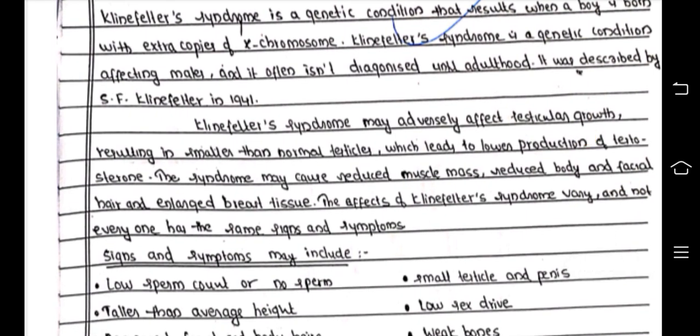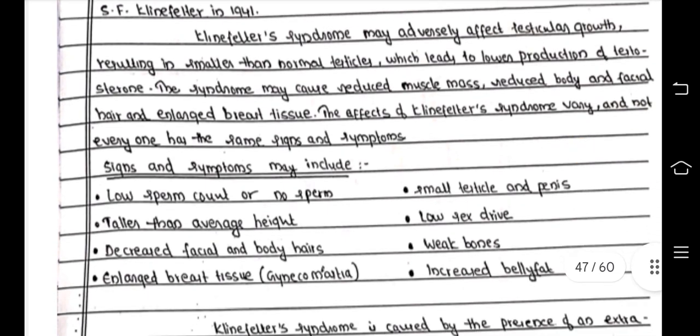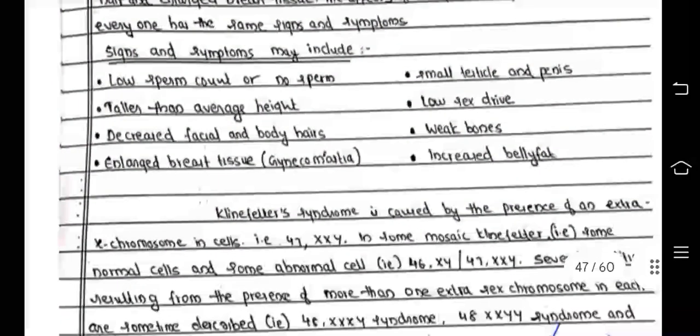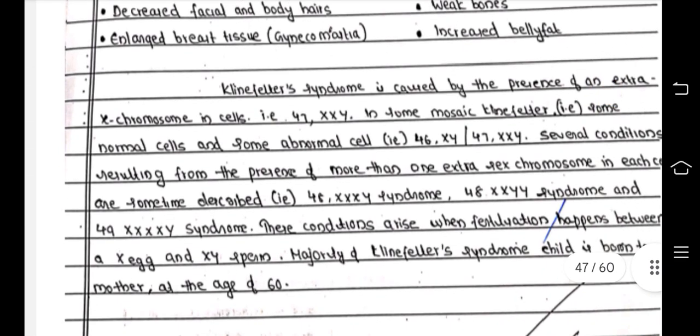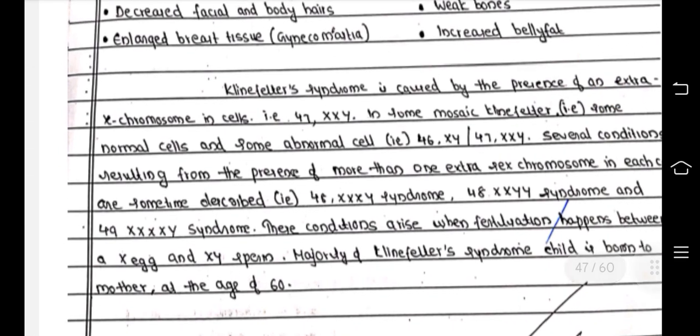The effects of Klinefelter syndrome vary, and not everyone has the same signs and symptoms. Signs and symptoms may include low sperm count or no sperm, taller than average height, decreased facial and body hair, enlarged breast tissue or gynecomastia, small testicles and penis, weak bones, and increased belly fat. Klinefelter syndrome is caused by the presence of an extra X chromosome in cells,